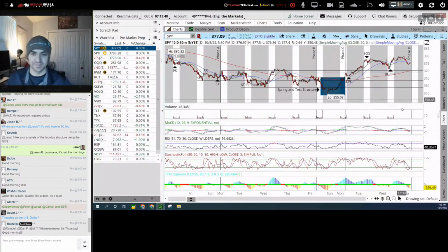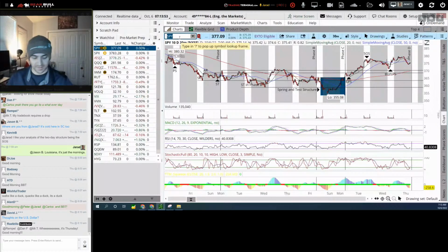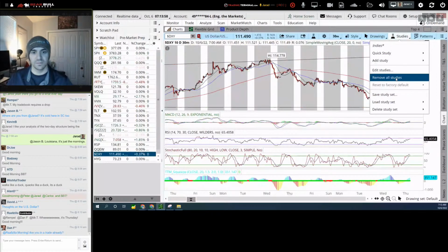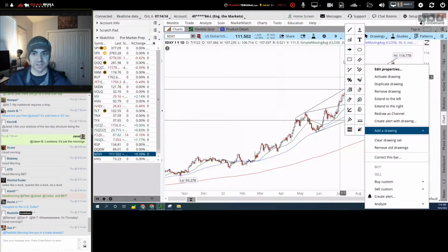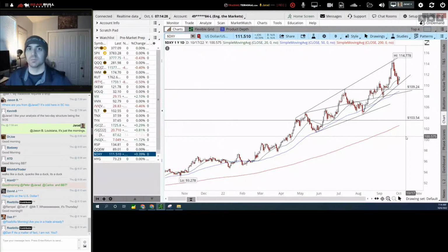Another thing maybe to look at, and I'll kind of bail on the indicator approach here because I don't have a lot of thought about it. So if we're looking at DXY, my thoughts here are that it's a hard trade to assess. It's in the middle of the middle. Is the trend still bullish? Yes, absolutely. Did we just experience a risk reversal? Yes, absolutely. Are there a bunch of lines on my chart? Absolutely. What's next? Well, obviously, if we break this trend line, which I just drew, it's going to put more pressure on equities